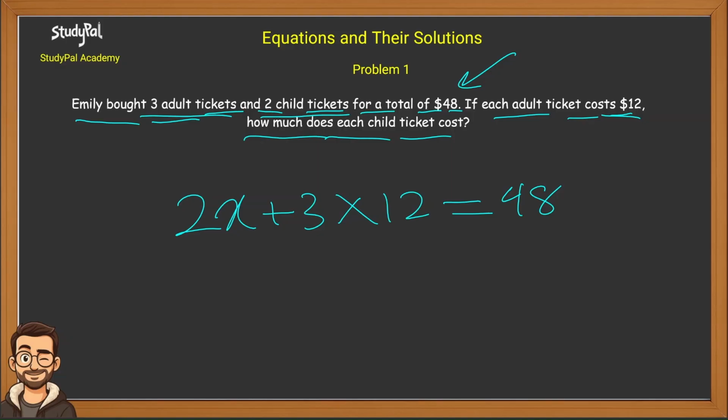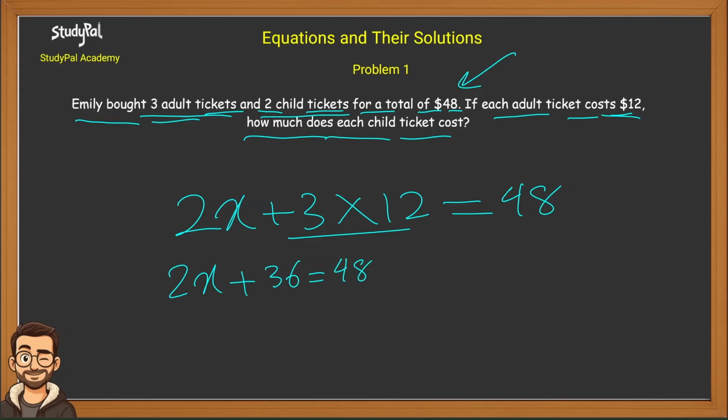Alright, we formed our equation. Now let's solve it. 2 times x plus 3 times 12 is simple. You can do it in your head. I'll let you do it: 1, 2, 3. But it is 36. And on the right hand side, we have